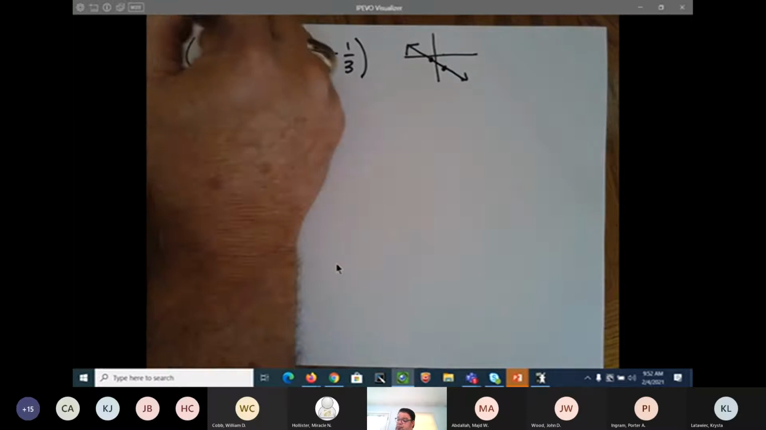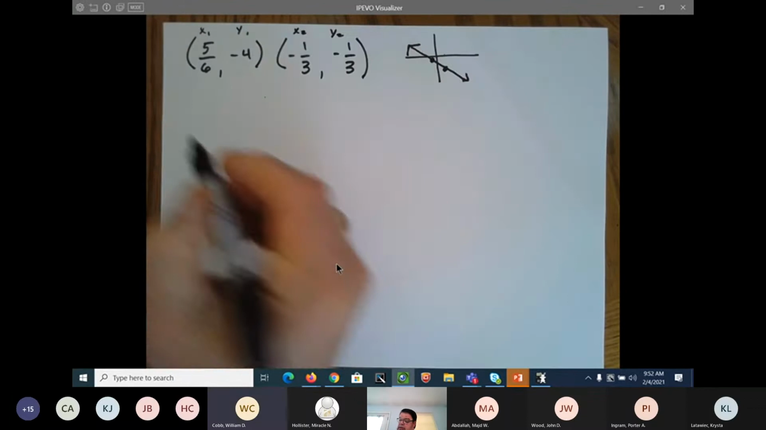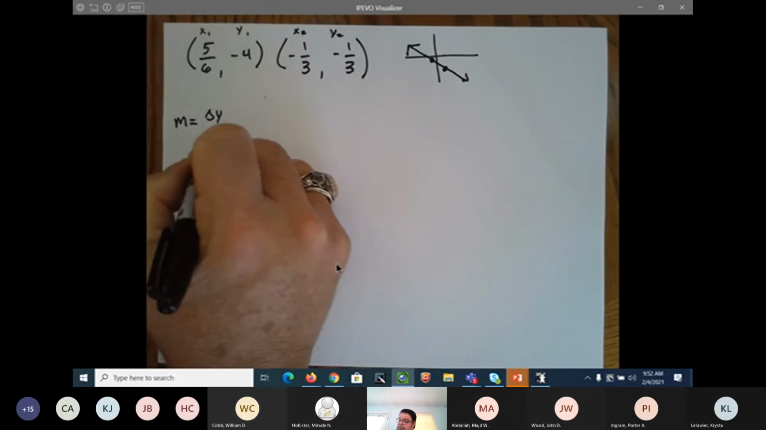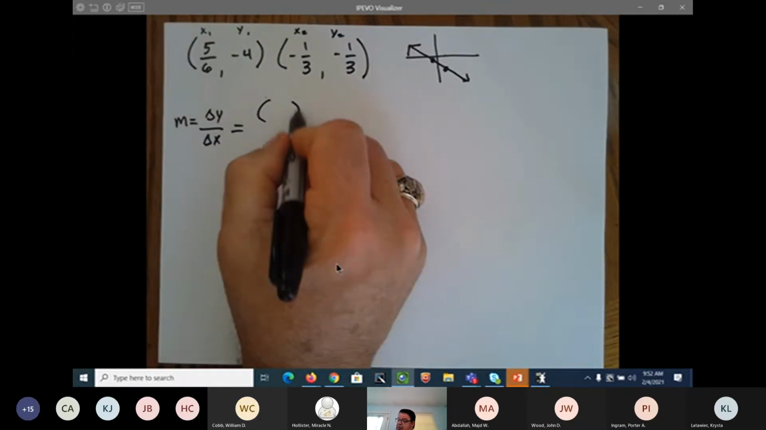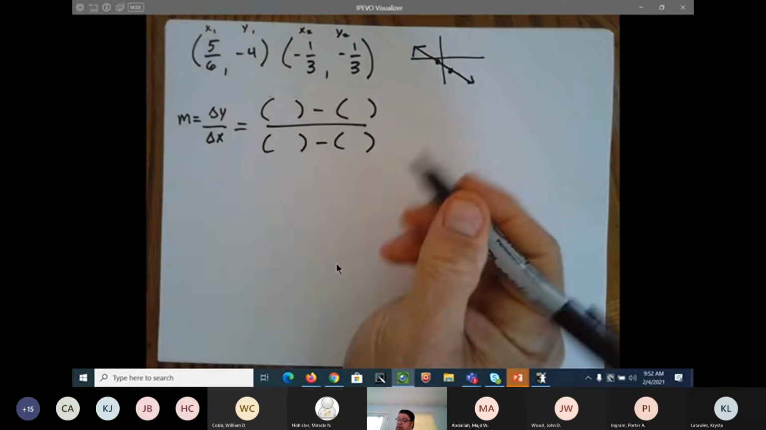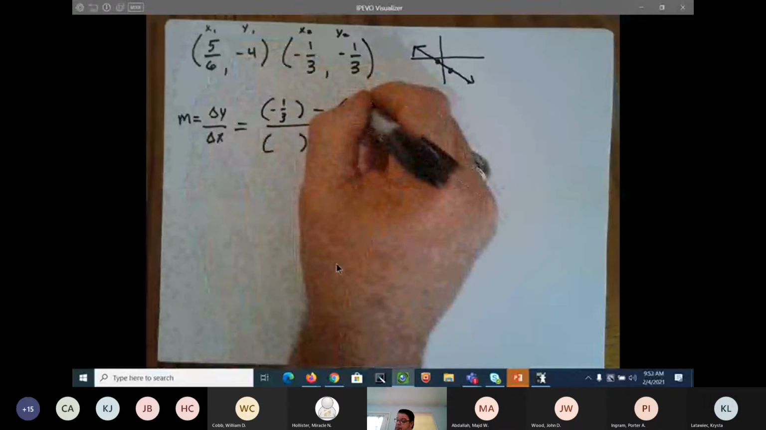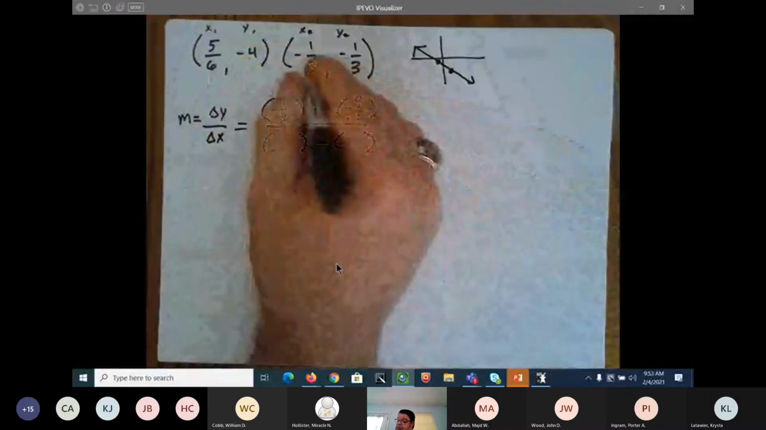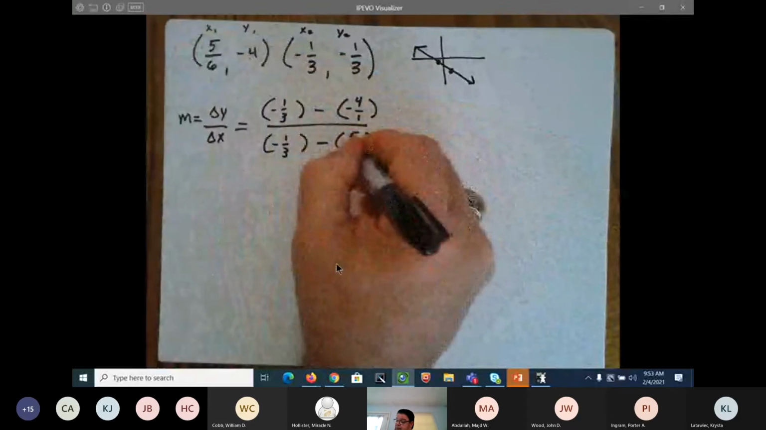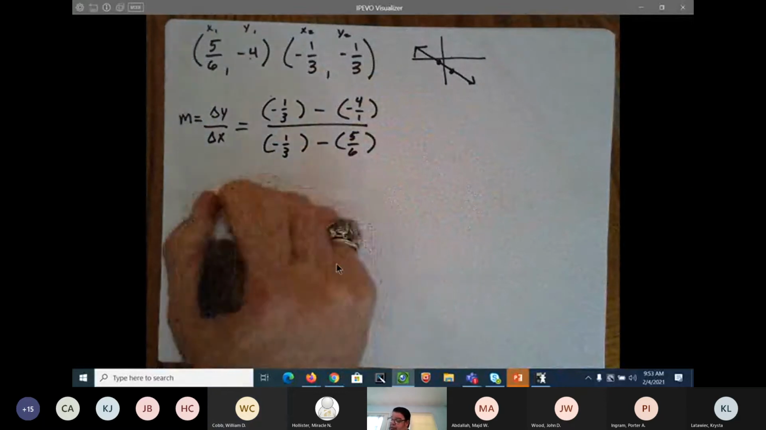So this is x sub 1, y sub 1. This is x sub 2, y sub 2. And m is equal to delta y over delta x, which is equal to parentheses minus parentheses over parentheses minus parentheses. And this is -1/3. And this is -4 over 1. And this is -1/3. And this is 5/6. Okay, so equals